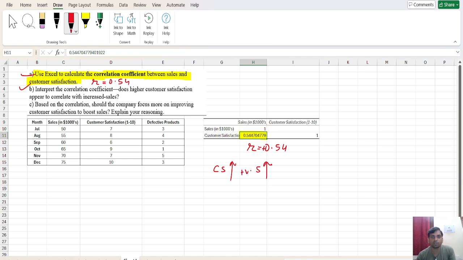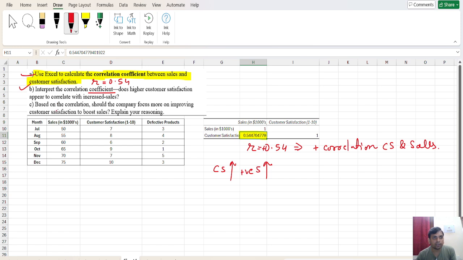That's why there is a positive correlation. If both are in opposite directions, then we can say there is a negative correlation. So to interpret the correlation coefficient, we can say this is a positive correlation between customer satisfaction and sales.